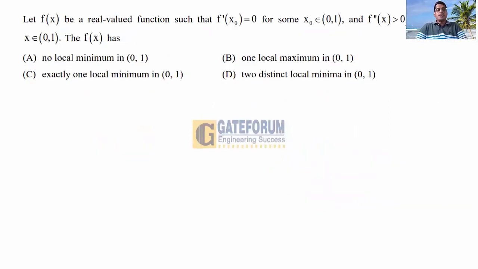The question is, let f of x be a real valued function such that f dash x naught is equal to 0 for some x naught belongs to open interval 0 comma 1, and f double dash x greater than 0 for all x belongs to 0 comma 1. The f of x has four options A, B, C, D given. This question is from engineering mathematics, from the topic differential calculus, maxima minima subtopic. The solution is